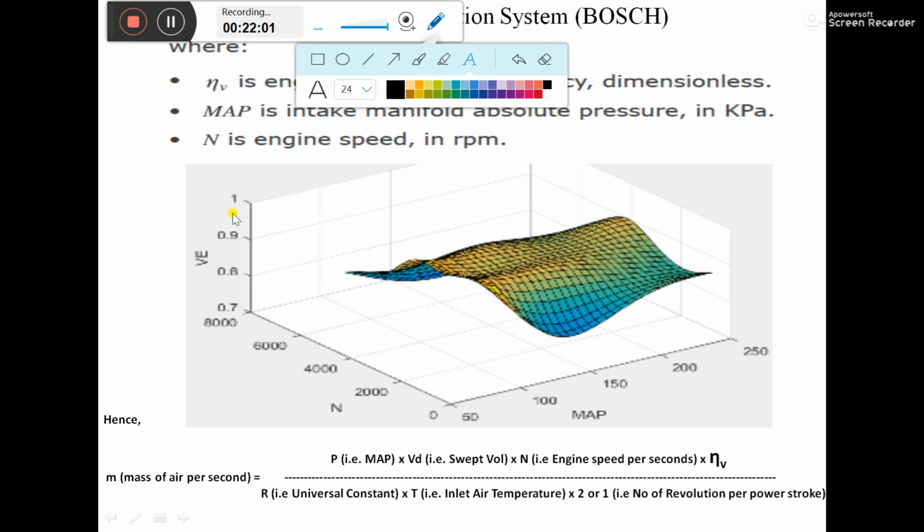On that basis, we finalize the degree of richness or leanness; as in the calculation I did here, a 16 to 1 air fuel ratio needed to be supplied. Once we have the air fuel ratio, on that basis we can calculate the mass of fuel. This is all done inside your ECU. Once the ECU finalizes the mass of fuel to be injected, it determines when your injector should get a positive pulse in order to activate injection. In simple words, it decides the width of the pulse.